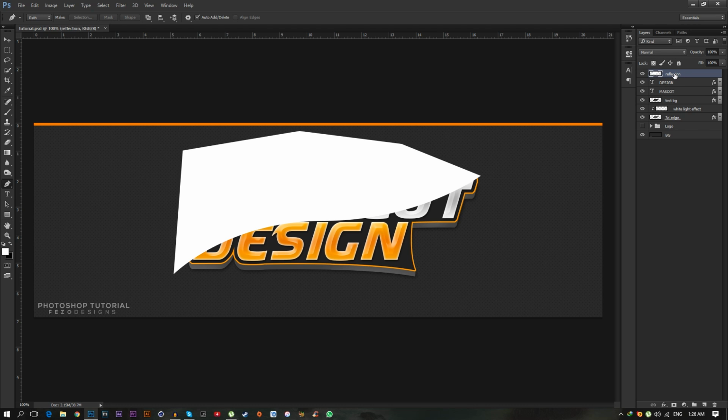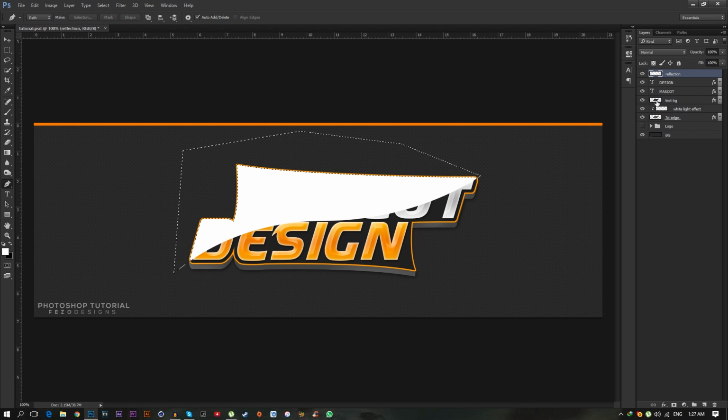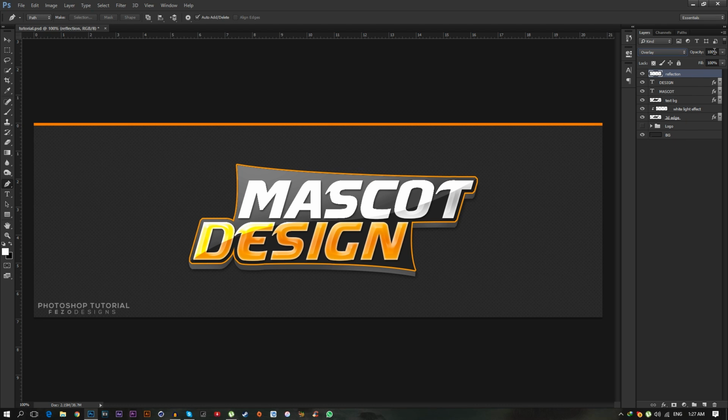While selecting this reflection, just hold Ctrl and click on this reflection thumbnail, and hold Ctrl Alt and move your cursor on this text background, and you will see this minus icon. As you can see, just click on it and press backspace on your keyboard a few times, and press Ctrl D to deselect. Then while selecting this reflection, go to blending option and select overlay, change the opacity down to about 20, and open